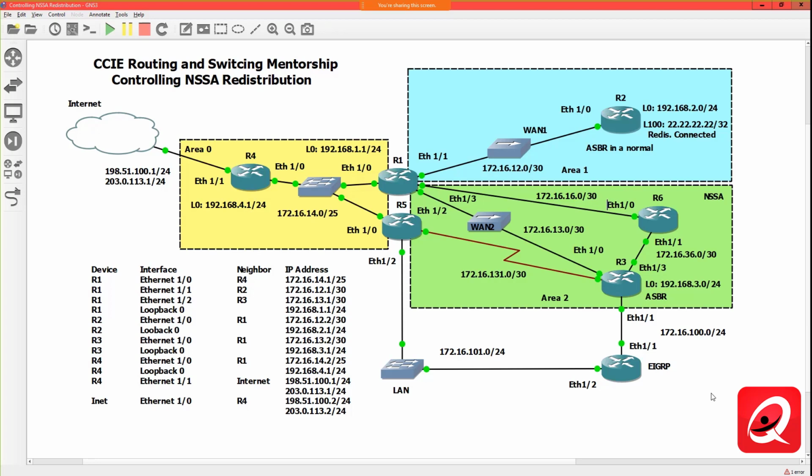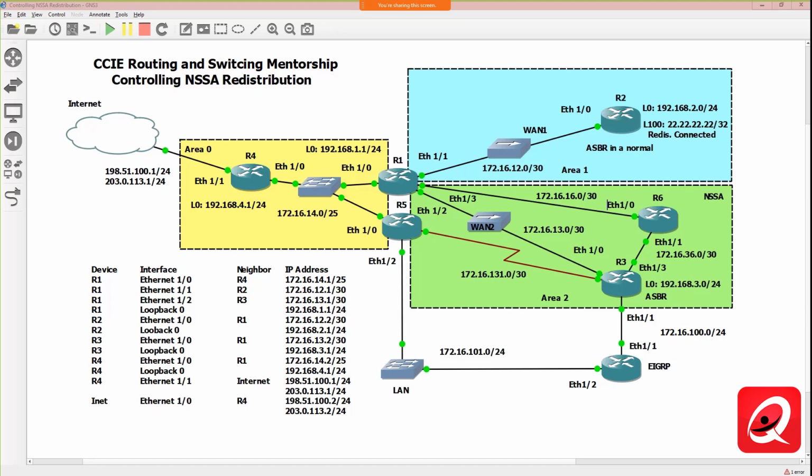what we want to do is we want to take a default route from the internet and we want to advertise it into the OSPF domain. This is kind of like what you would do if you had an external BGP routing domain and you wanted to connect it to OSPF. You would simply inject a default route from that external routing domain into your OSPF routing process. All right? The question is,